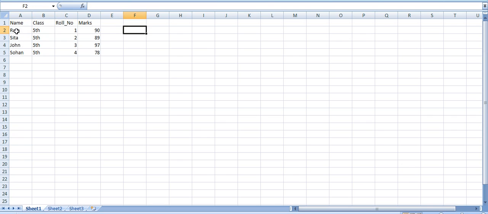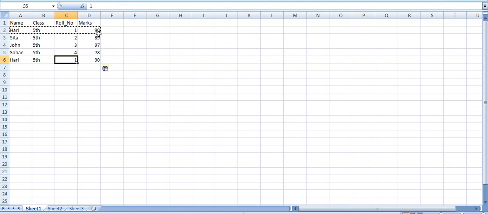Now, if you want to copy your data, or you want to edit or manipulate it, how can you do that? Just double click here, the whole thing will get selected, and you can also change the name, like I have changed from Hari Ram to Hari. Or if you want to copy complete data, select everything, press Ctrl C, come here, select this row and press Ctrl V. So the same data will get copied in another cell.